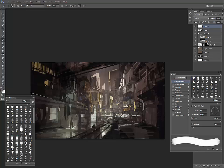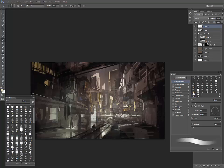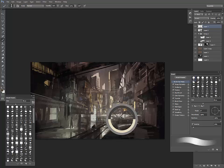I'm using a screen layer on this one. It just adds on top of your painting and makes it brighter. Every bit of information you put down is going to be added on top of the base. So a screen layer is very good for, say, adding atmospheric perspective. In the background there's going to be more filtering, so you want to grab a soft brush, texture or not, it doesn't really matter, and go in with very low opacity. So right now I have it set to 40% opacity and 63%